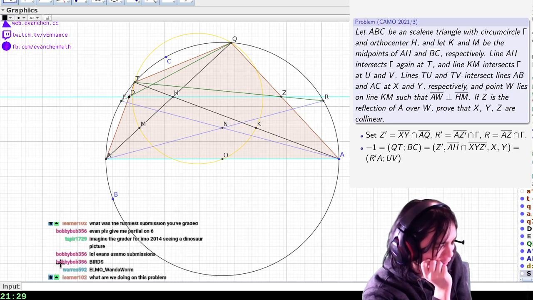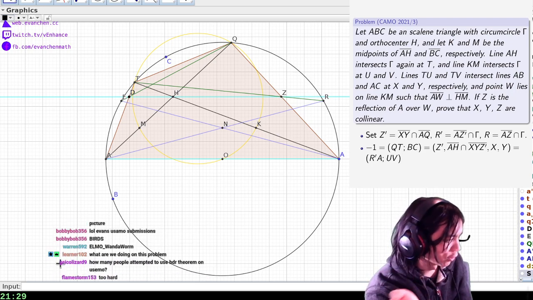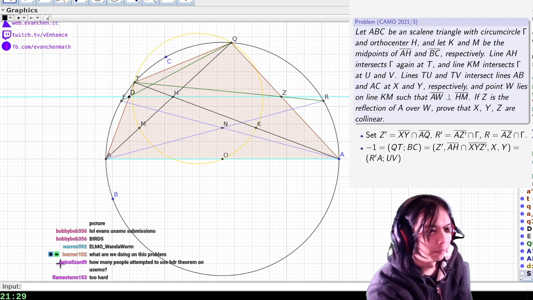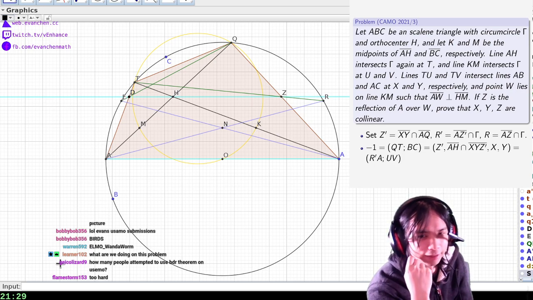AMO Wonder Orb. What are we doing on this problem? So we got it down to this quadrilateral, and then, I mean, it's as is. So you have a circle with diameter AA prime. You draw this quadrilateral. You construct D and Z. You construct E and R. You construct N, and you want to show that the height of N is half the height of H,